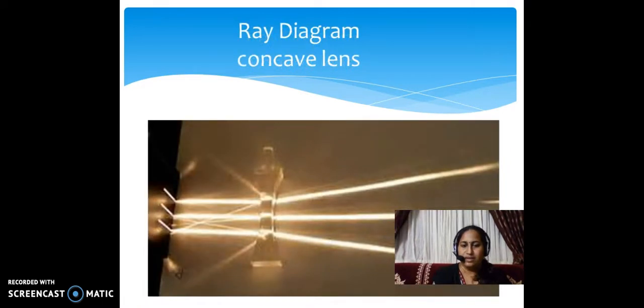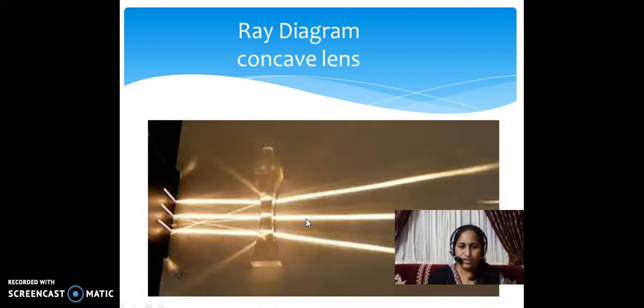Next we discuss the ray diagram of a concave lens. Here it is shown that all the three lines are a parallel beam of light incident on the concave lens. As we discussed previously in the convex lens, the straight line which is passing through the center of the concave lens as well as the